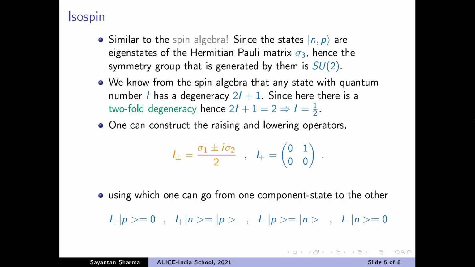So, and similarly, you can prove these relations. When you act I minus on the proton, I minus is the lowering operator. It takes you from the higher isospin state to the lower isospin state. And similarly, I minus acting on the neutron will be 0. So I am doing this slowly because we will use these facts very extensively. So you should be comfortable with these notations because later on I will just use these facts to construct different